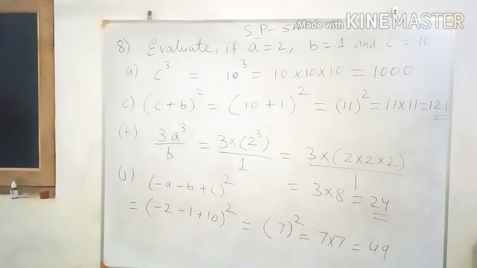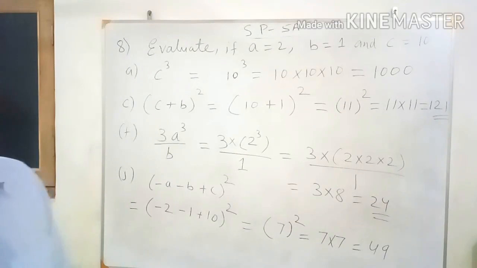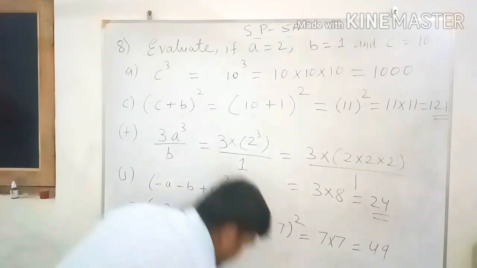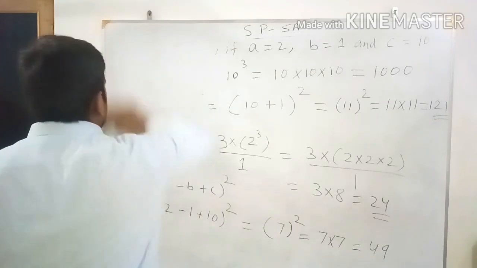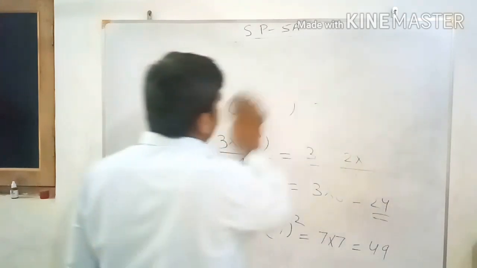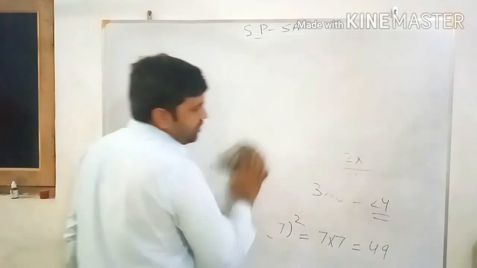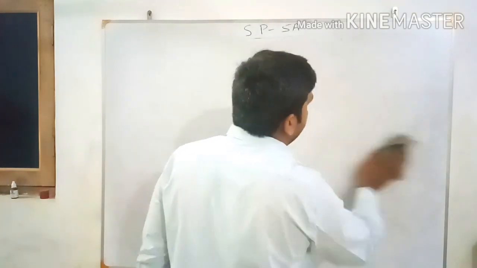So now after that we will solve question number 9. Write the algebraic expression for the following situation. So we have to write the algebraic expression for the given situations. Now we are at the last question of this self practice 5A, that is question number 9. The similar questions I am leaving are for homework, you do them on your own.